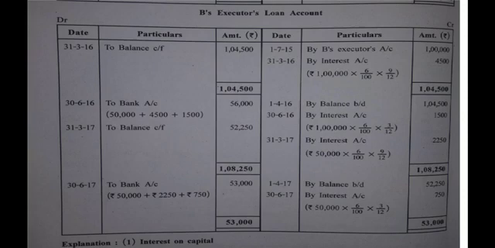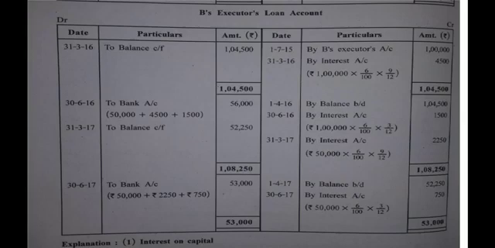If you will see, 1,04,500. Now you have calculated interest for 9 months in the previous year, and here you are calculating interest for 3 months, 30/6/16. If you can see. Why 3 months? Because earlier 9 months and 3 months now makes a year. एक साल खत्म हो गया. At the end of 12 months you have to pay the first installment of 1 lakh rupees. Yes, that is the reason the remaining interest for 3 months is to be calculated in the second year of the ledger